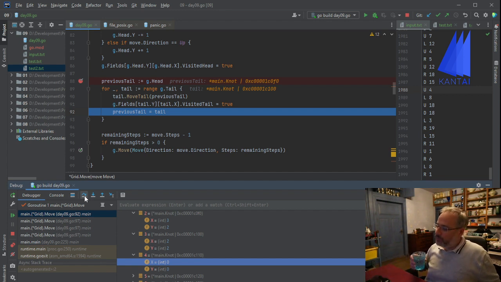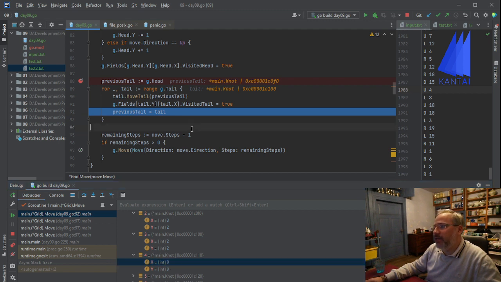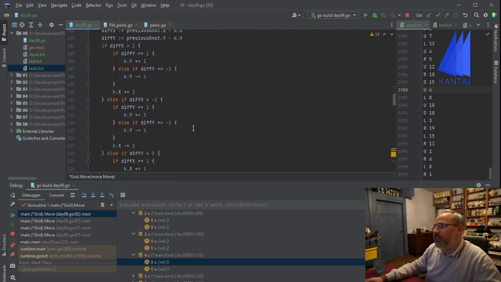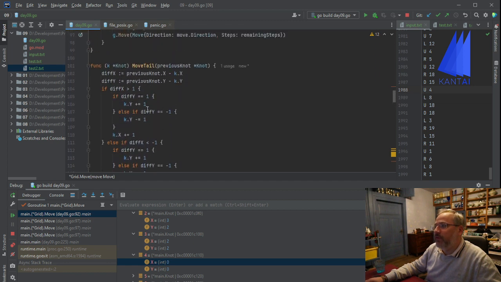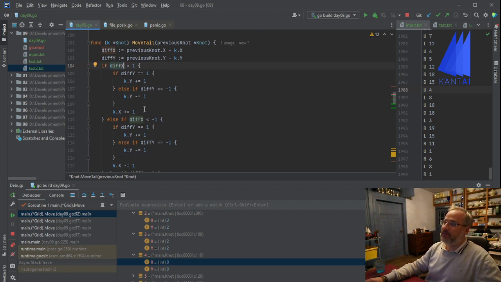Now the previous node can also go in diagonal direction, and this is basically the problem because we don't handle this well. The question is, how is this defined? So currently we think, okay, if we go into X direction, then we